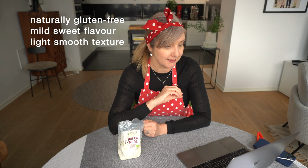So some facts about sorghum flour. I've just got my notes here on the computer, so if I look over, that's where I'm going. It's naturally gluten-free, which is fantastic. It's got a mild sweet flavour and a kind of smooth texture. And as I said, it's gluten-free, so it can be used in baking cakes and breads and cookies and